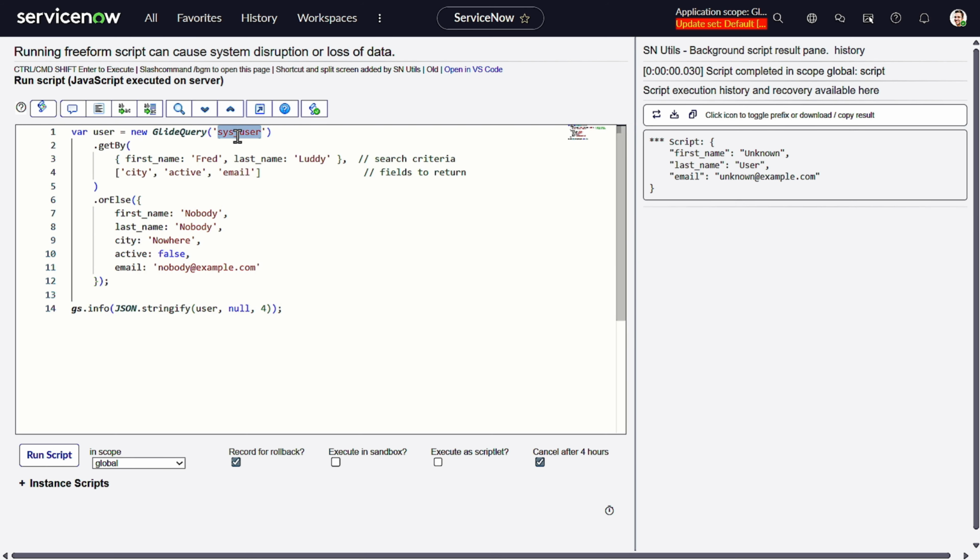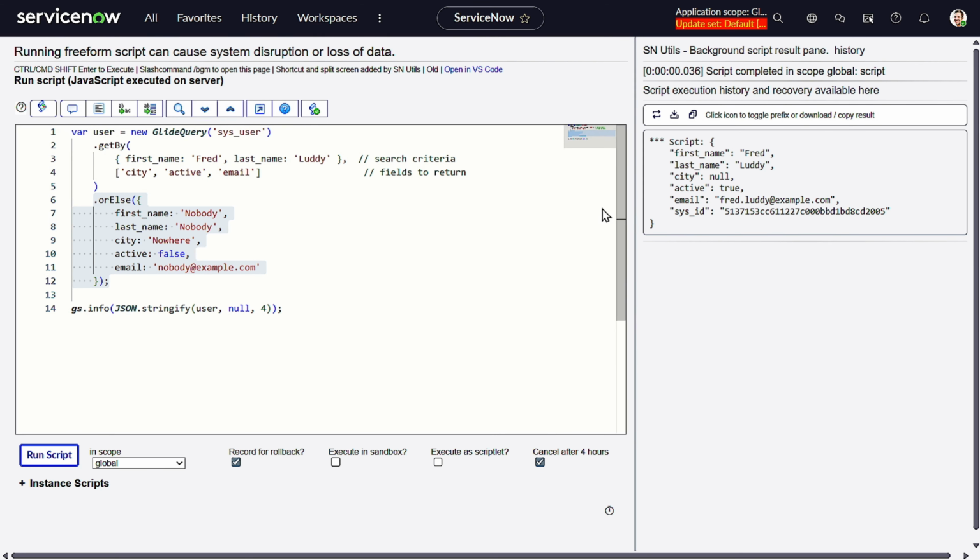So GlideQuery says user, getBy. Now you can see over here, I'm just passing a JSON as the first argument. Get my first name is Fred and the last name is Ludi. This is the search criteria. And what we want in output is city, active, and email. These three fields we want, and the rest is already there. So if I run this out, you can see we got